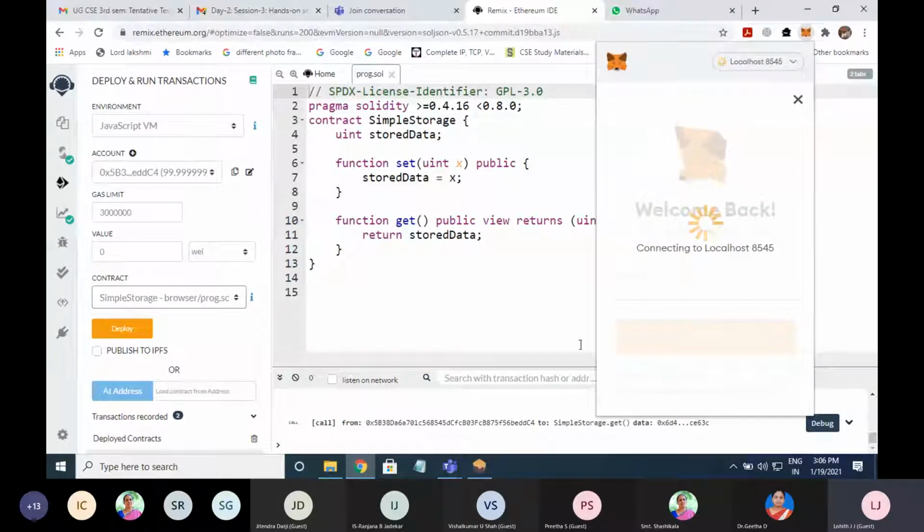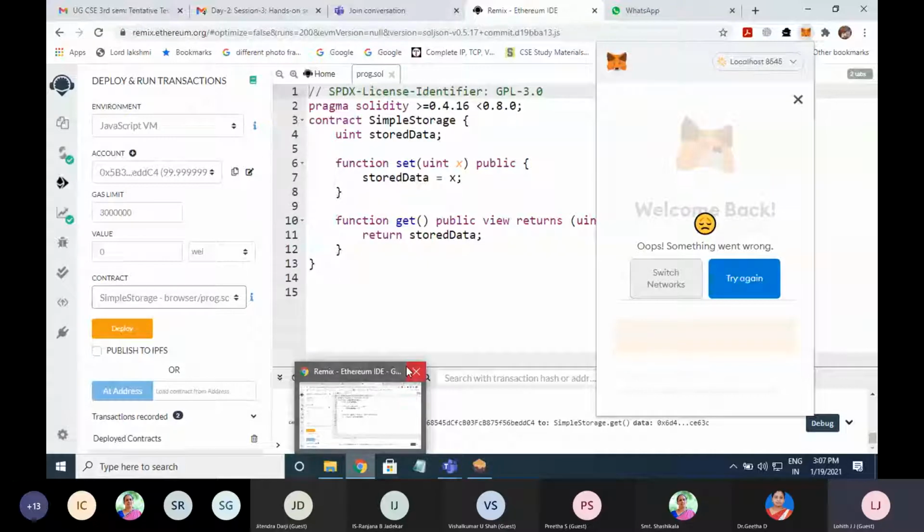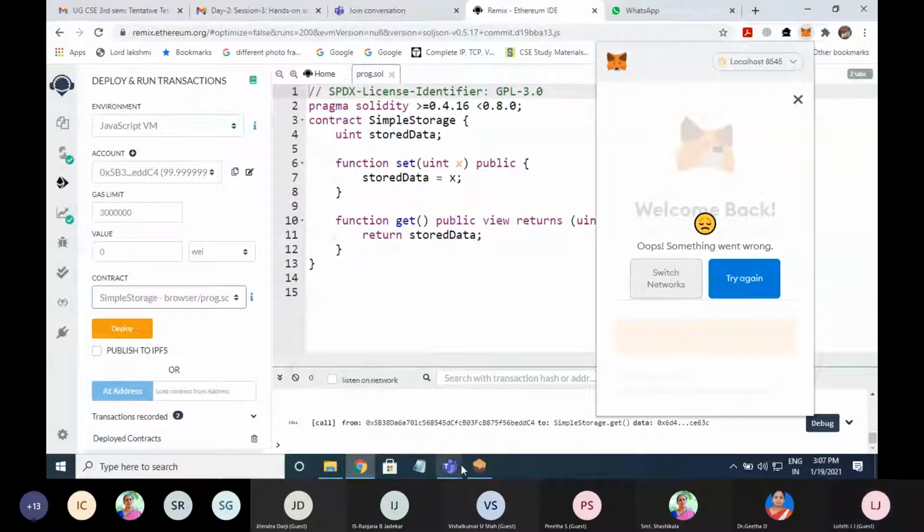Okay, ma'am. Now you can all install this MetaMask.io as a browser extension. Madam, are you able to install and add that MetaMask as a browser extension, ma'am?